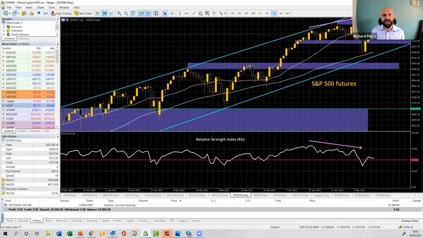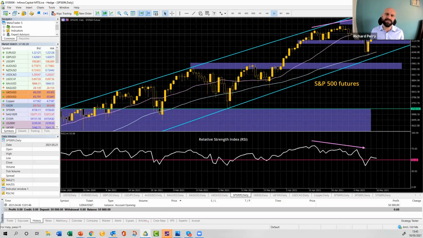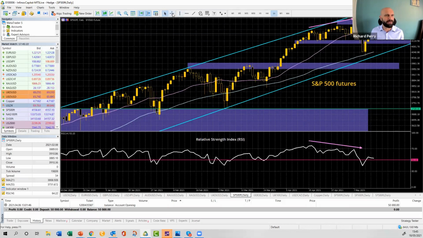As the S&P 500 came up in this rally, it was always falling over on momentum. That's called a negative divergence. That's a warning signal. And ultimately, what we did then see was 3 sharp days of selling pressure. It's interesting that we've seen a bit of a retracement of that selling pressure, but that retracement has started to stumble a little bit, which again leaves me a little bit uncertain, because